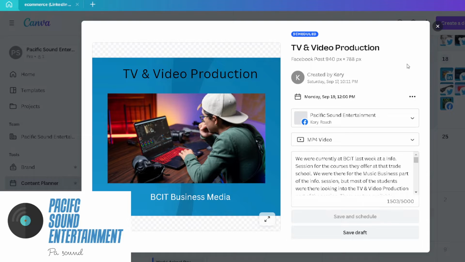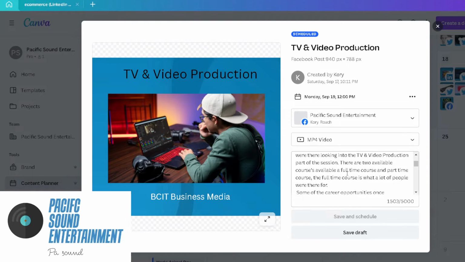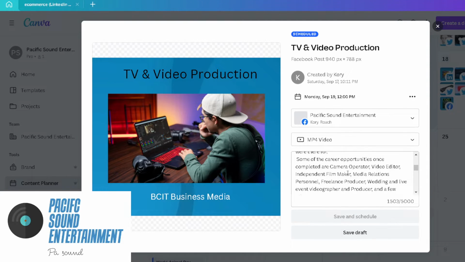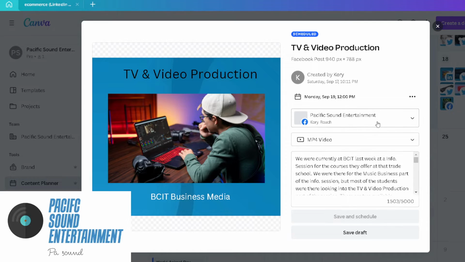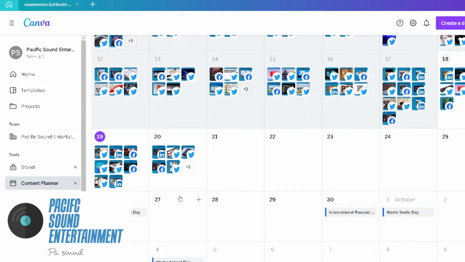So this is why Canva is so good, because this is now on a Facebook platform and not LinkedIn, but it's the same picture. It maybe has a different blue background there because platforms are a little different from each other, but it's basically the same theme. So again, I just try not to use the same words as the last post, and I added as many hashtags as I could. Okay,